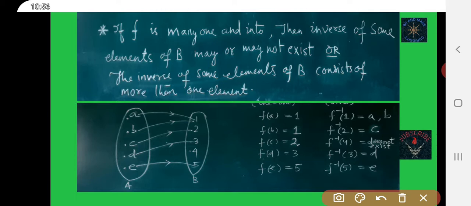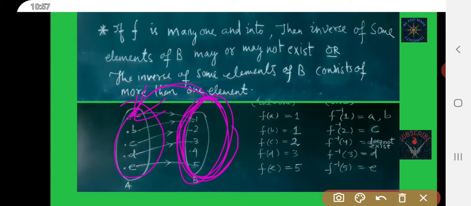Okay, so image of the elements of A set are in B set, and pre-image of elements of B set is in set A, means pre-images of elements of B sets are in A set. Okay, thank you friends.